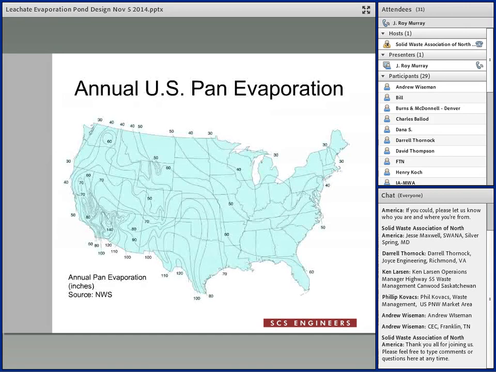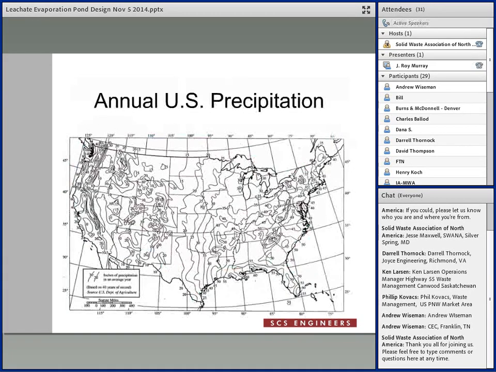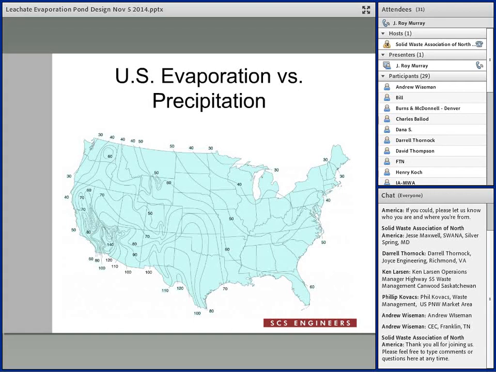So this is a map of the U.S., the pan evaporation rates across the United States, available from the National Weather Service. I forget the exact number of years, but I think this was well over 40 years of information. And here is the annual U.S. precipitation map in inches per year, and obviously it's a lot more convoluted there. So we take this evaporation versus precipitation and